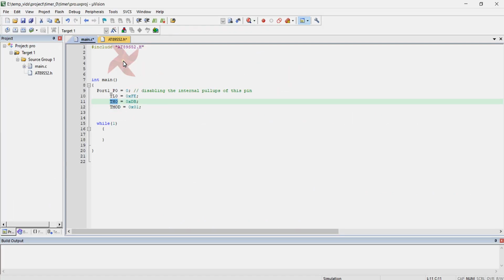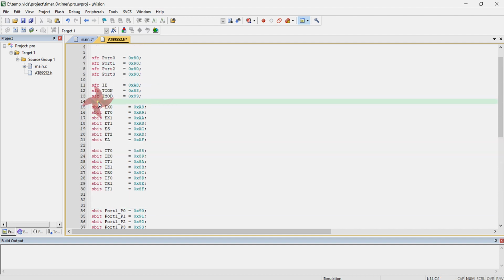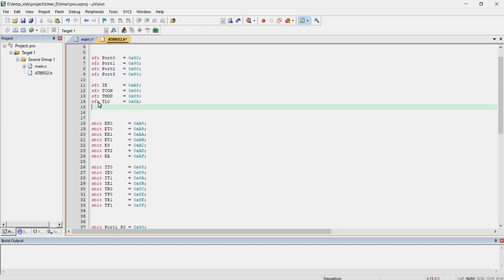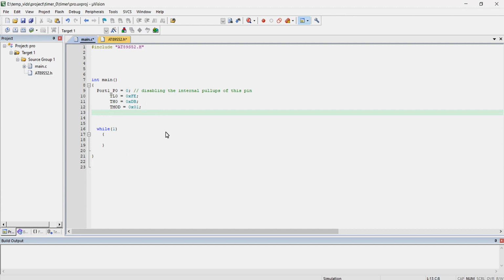So I'm just declaring that with the SFR keyword over here. TL0 equal to 0x8A, TH0 equal to 0x8C. Now after this, what I want to do is enable the timer